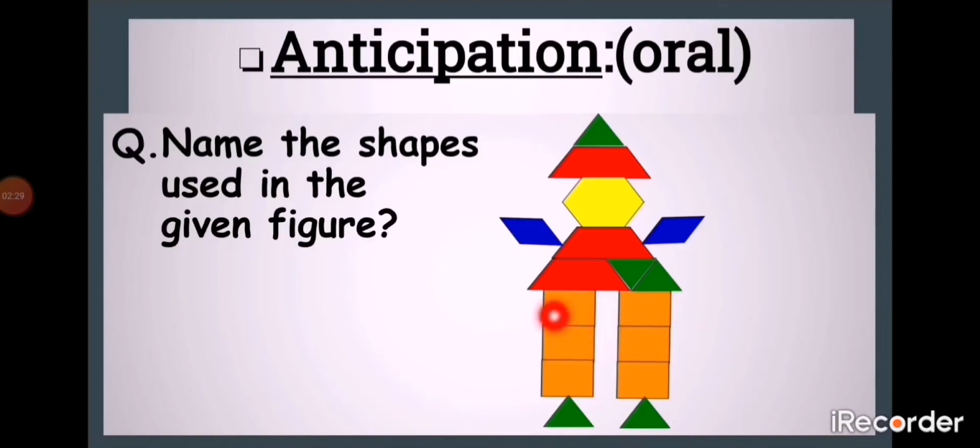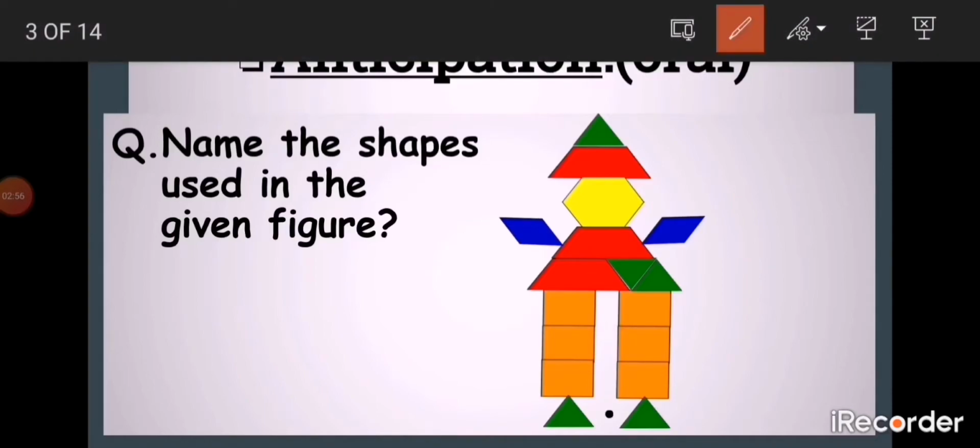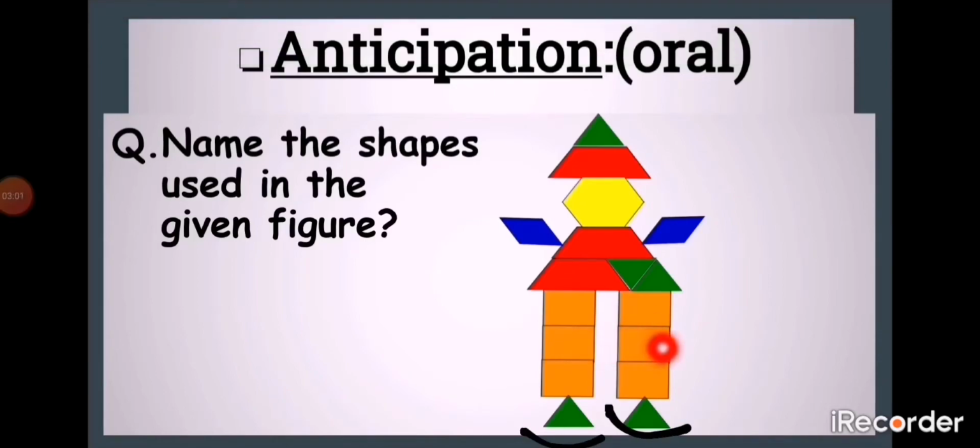Now down one, it's a robot, you can see, and you can see its legs. They are made of squares. All 4 sides are equal, 4 corners. So it has 1, 2, 3, 4, 5, 6 squares. So the legs are made by squares. Now look at the down one. The last part here. This one is, let me mark it, this one. These both are, yes, they are again triangles with 3 sides and 3 corners.